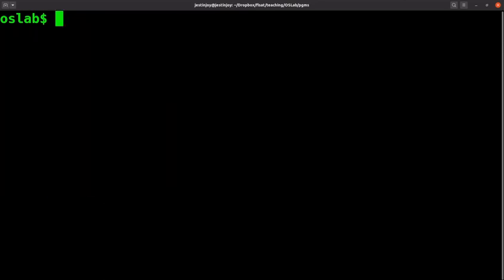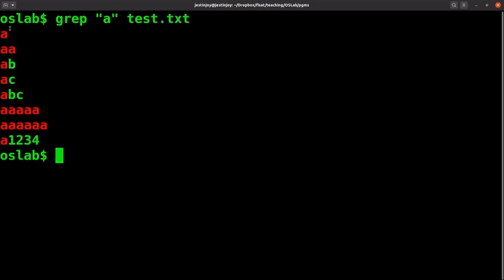You can also do maximum matches by putting the pattern in curly braces. There are different A's here. If you look for the ones with A's, you can see that there are different lines that contain A in them. So if you want to print the ones with at least 3 A's,